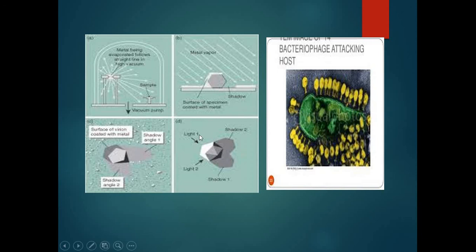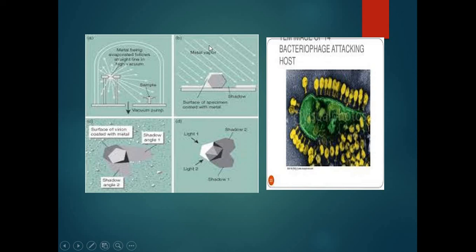This shows how the transmission electron microscope works. This is the specimen. The electron beam comes from above and falls onto the specimen and is diffracted into different sizes, then collected by the different detectors, and these detectors send the signal to the screen, and the screen gives the image.